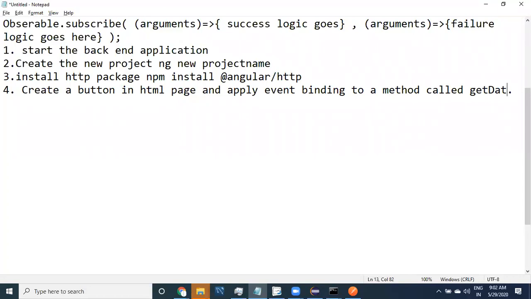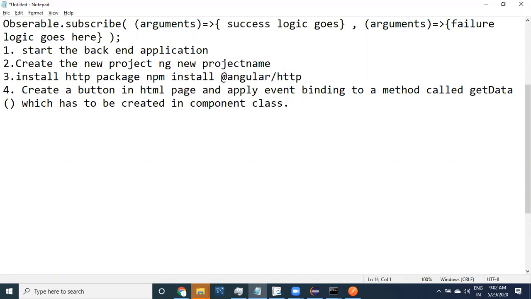You may call it the getData method. This method has to be created in the component class.